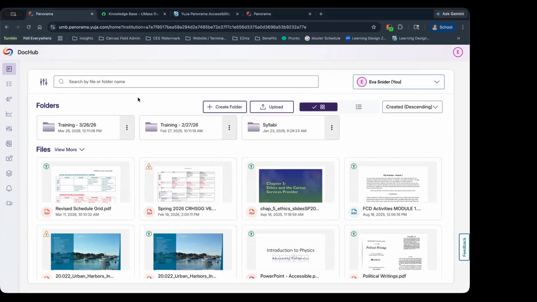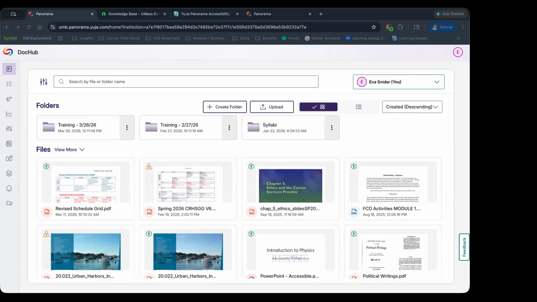And just a quick overview of what the platform does and what you can accomplish with it. Use Your Panorama is an accessibility tool that allows you to upload documents and files of a wide variety of different file types, and then run accessibility checks on those documents and generate alternative file formats for those documents.